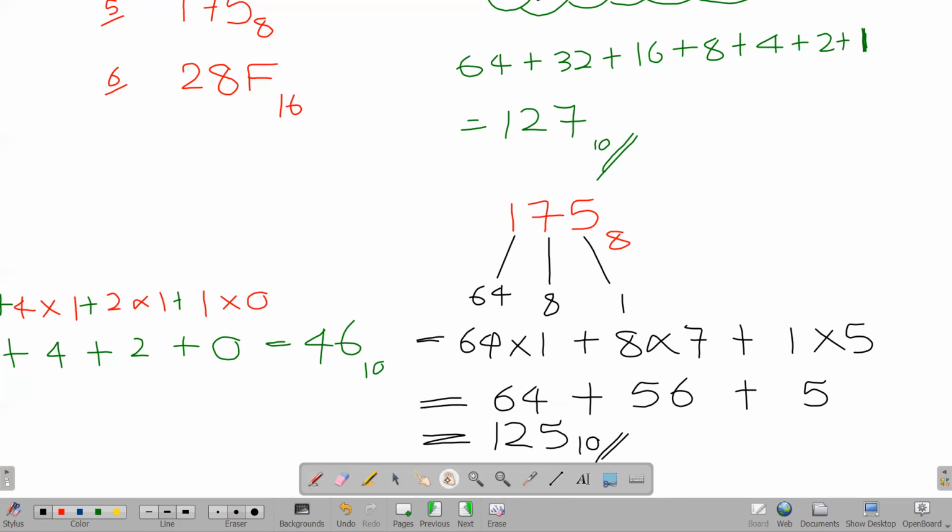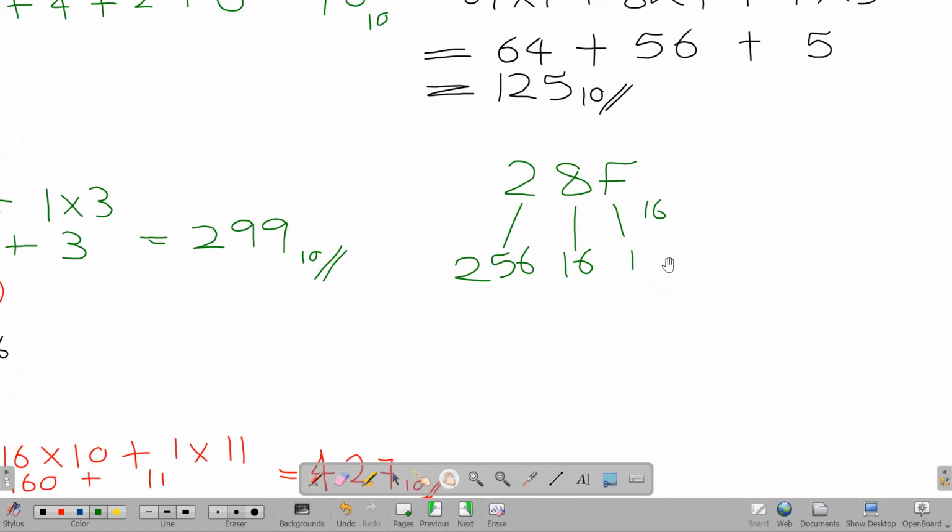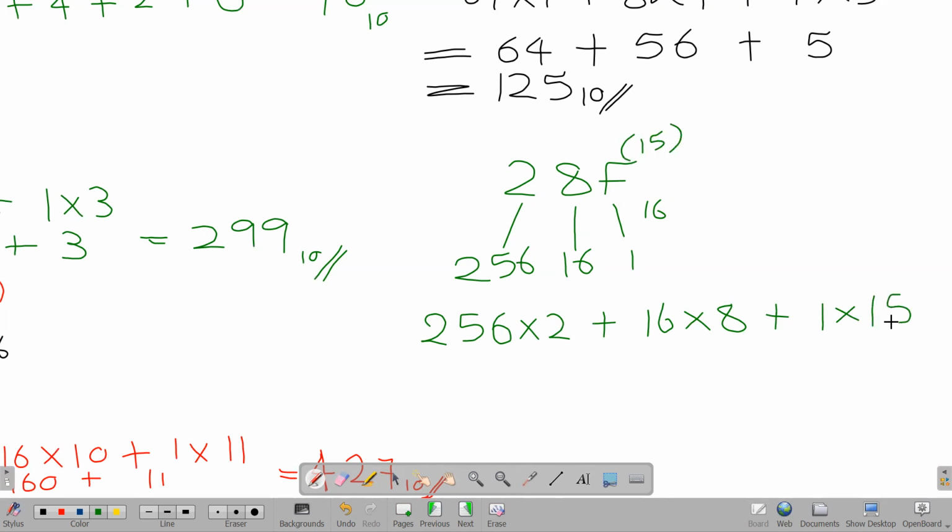So the last one is 28F in hexadecimal. So this gives you 1, this gives you 16, and this gives you 256. So it's going to be 256 into 2 plus 16 into 8 plus 1 into F, which means 15. So 1 into 15. 256 into 2 gives you 512, plus 16 into 8,